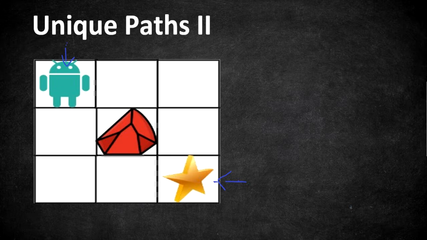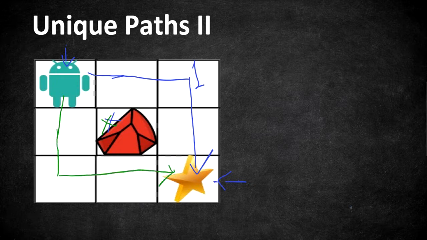So let's start from the cell 0, 0. This robot can move right and down. If you check what is down, there is an obstacle, so it can't move down. So it travels straight to the next cell, and then there is a down cell and there is one path. Now from going down, if it tries to move right, there is another obstacle in the middle, so it can't go that way. So it is still going down and moving right so that it reaches the end cell, which is one more path. So the overall number of paths the robot can travel to the last cell is going to be 2. That is going to be our output.